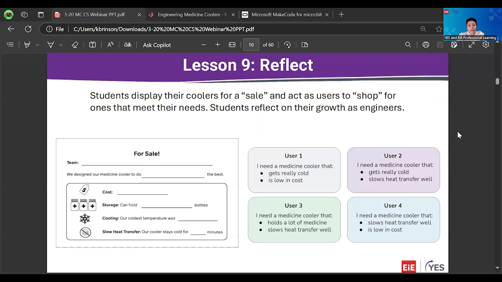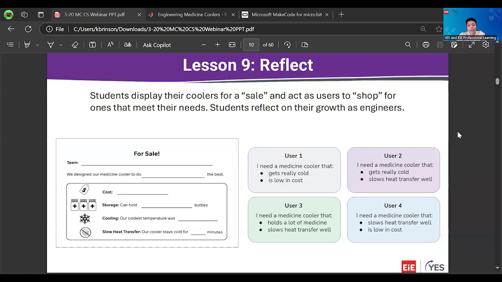And this is a good point to have conversations about real world engineering, that there is some sort of competition often in the end with designed products of which product might work the best for different people, and that it is often very difficult to design a solution that would meet the needs of everyone,